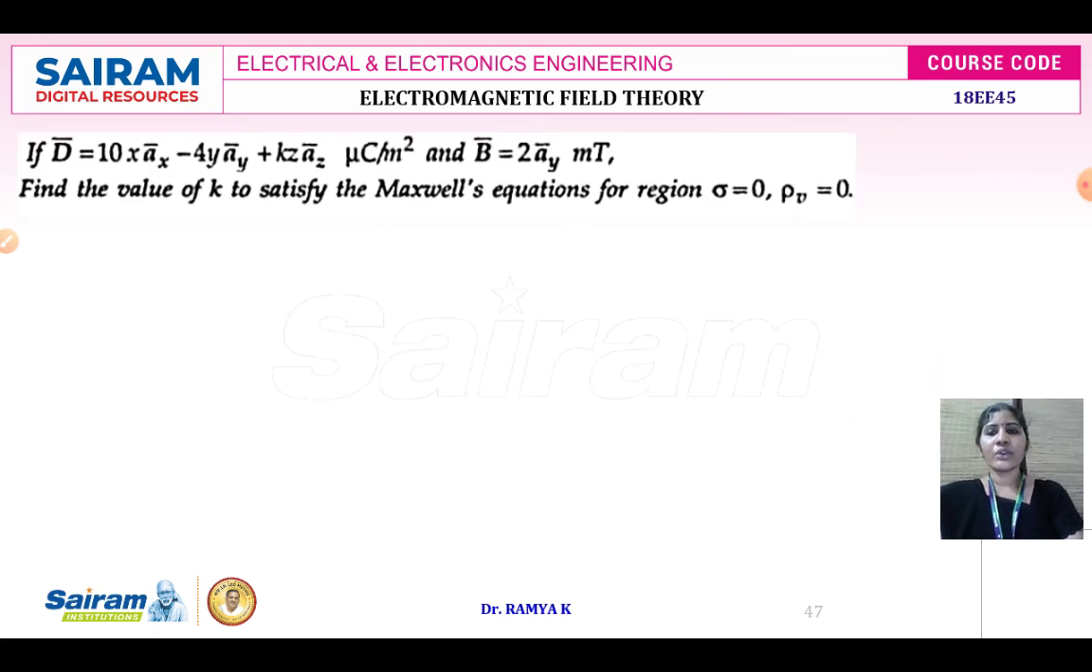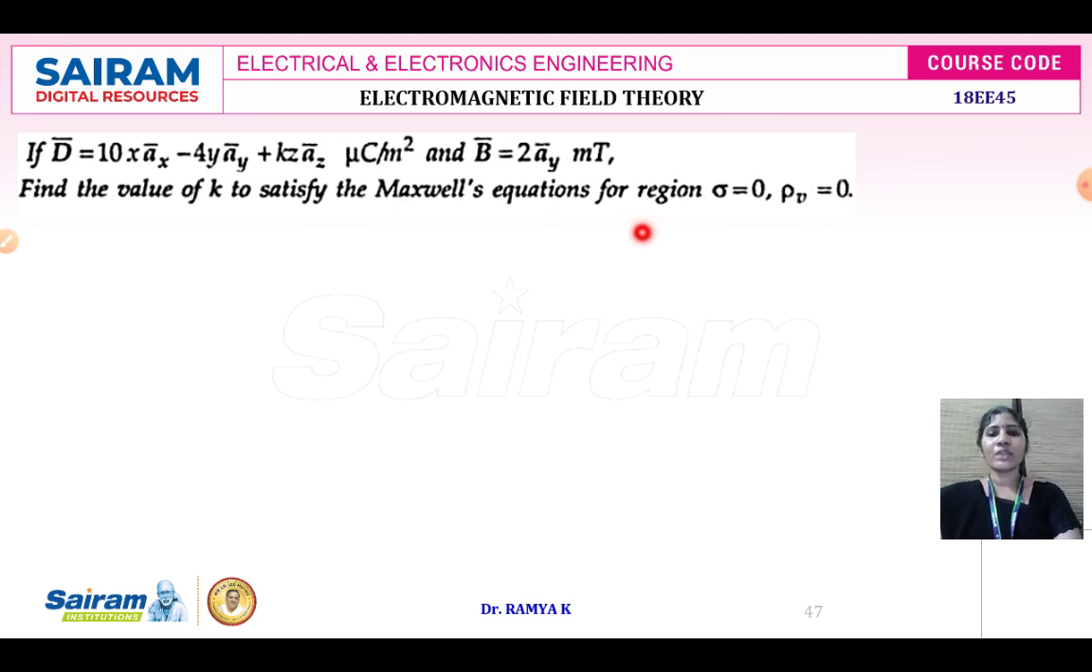Next one, you have D equal to 10x Ax minus 4y Ay plus Kz Az microcoulomb per meter square, and the value of B given is in millitesla. Find the value of K to satisfy Maxwell's equation for the region where sigma is equal to 0 and rho V is equal to 0. So in this region, we need to identify the value of K, but we should apply